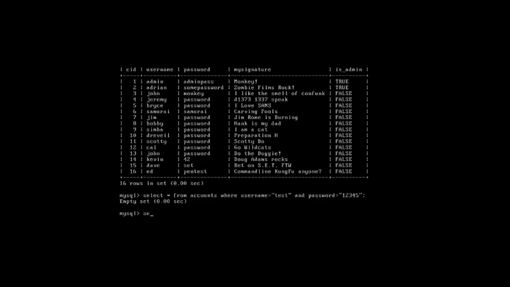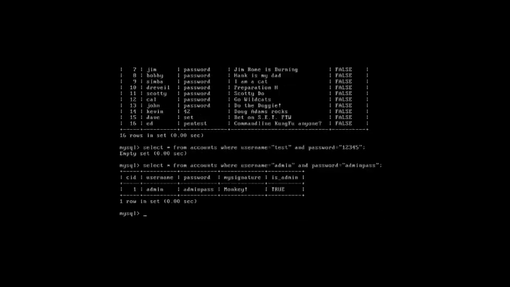So use the command select star from accounts where username is equal to admin and password is equal to adminpass.